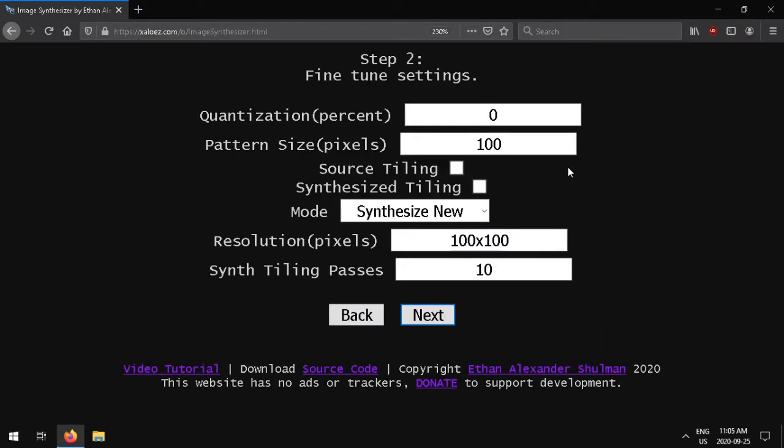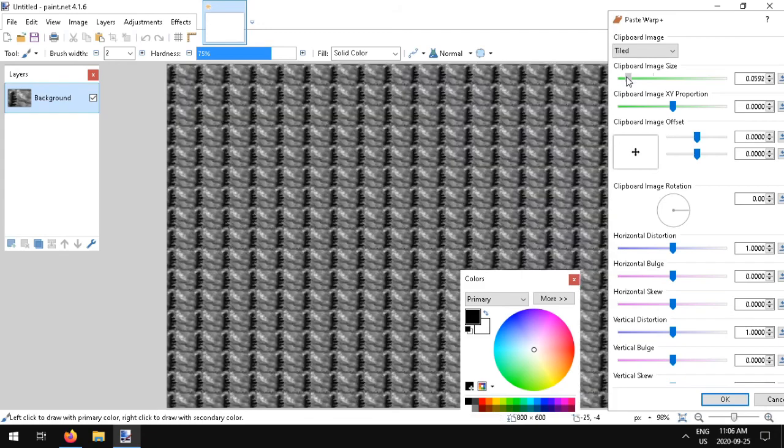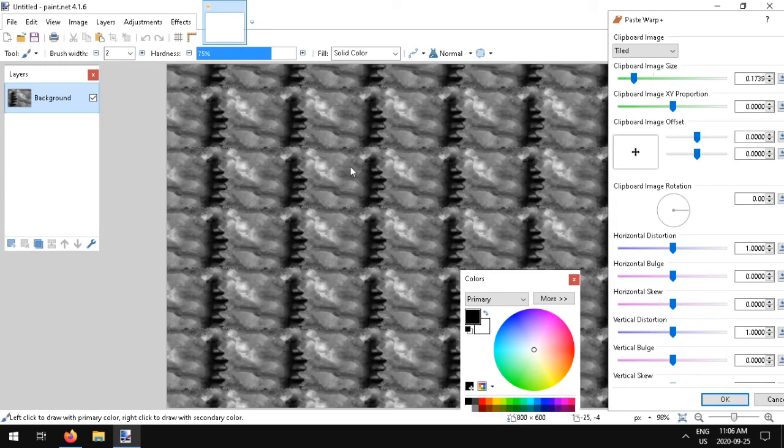And finally, I want to show you what I think is the most powerful part of this image synthesizer, the auto tiling. So these source and synthesize tiling options you might see here. Source tiling is if the image you're inputting is already a tiling image. Ours isn't, so we're going to leave this unchecked. Synthesize tiling though is if you want to have your synthesized image be tiling. Now we're going to reset our quantization and pattern size to 10 and 10 because this is a nice setting, gives nice results. But if you run our synthesized tiling here, and now if you try to tile this image in an image editor,